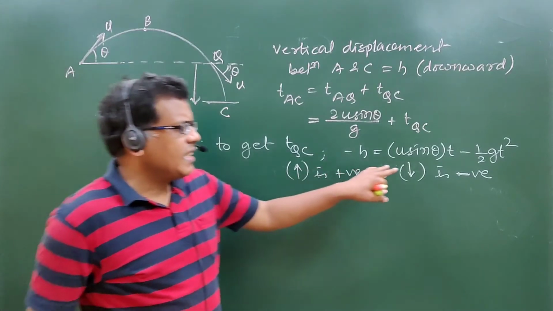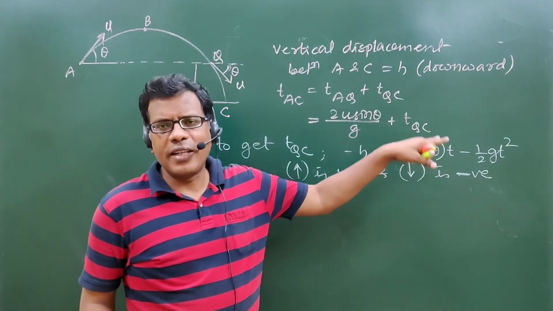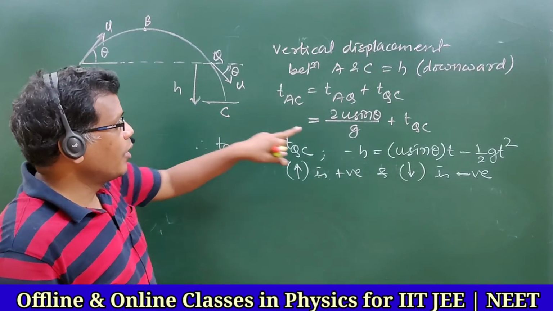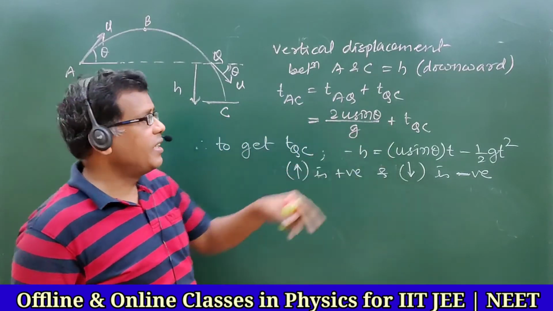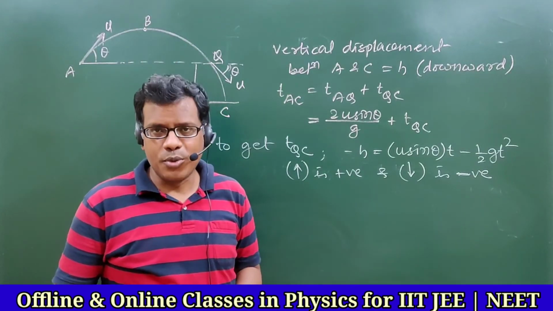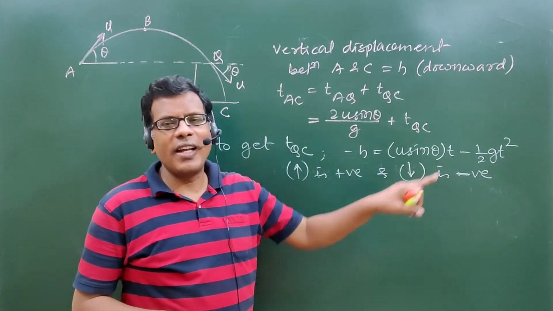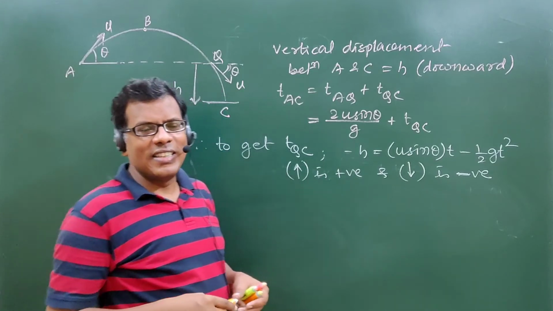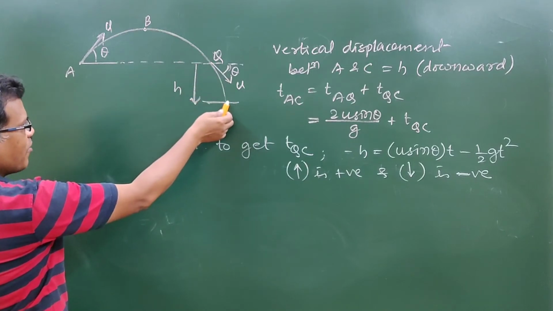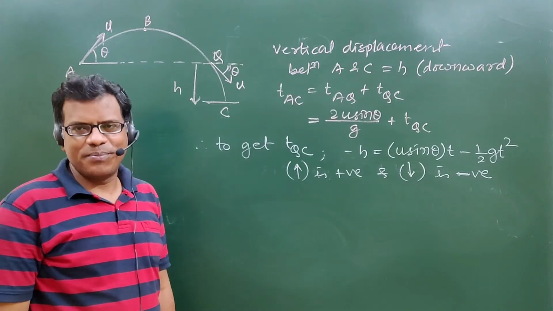So I will suggest that when you are already using s is equal to ut plus half at square formula to get the time of journey from q to c, and then you are adding that calculation with 2u sin theta to answer the overall time of journey, that is from a to c, then why don't you use this formula directly between a and c? Because ultimately if we use the vertical separation from a to c, in between a to q there is no vertical displacement taken place, right?